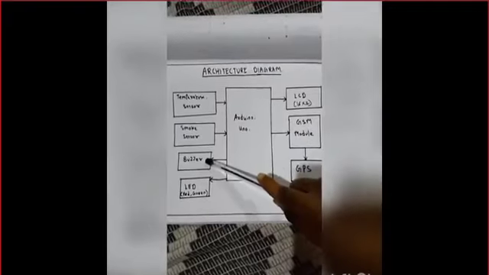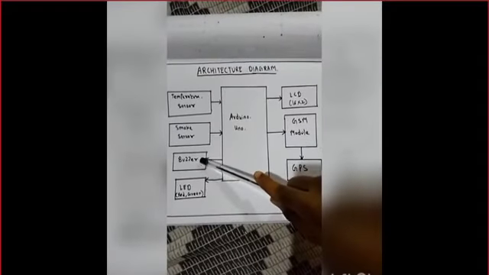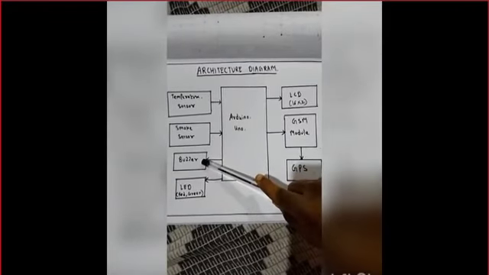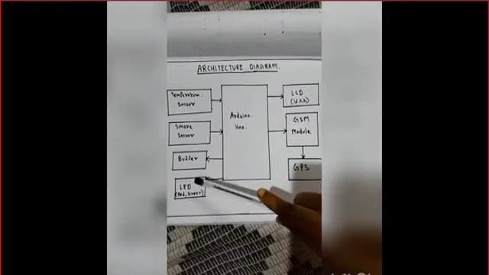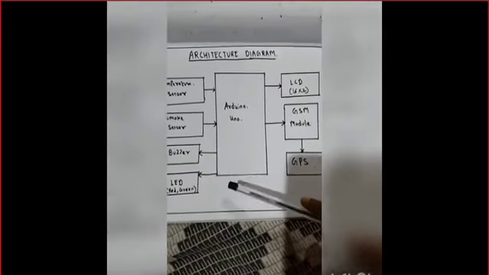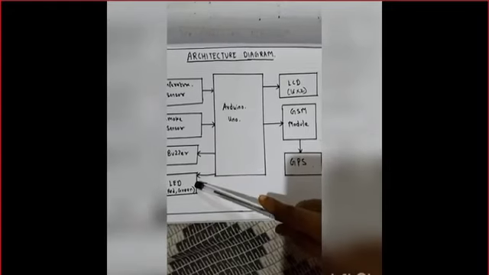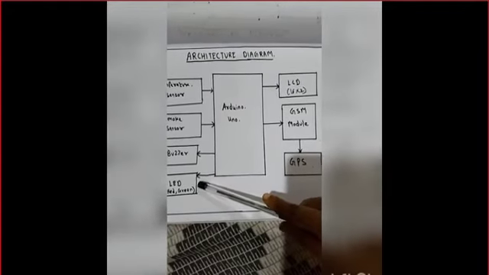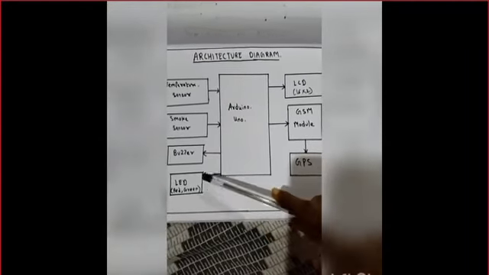the signal to Arduino. Then Arduino will send the signal to the buzzer, and it will be an alarming signal so that the driver will stop the train. And there will also be red and green LED lights in the driver's compartment. If the accident is severe, then the red light will glow, and if not, then the green light will glow.